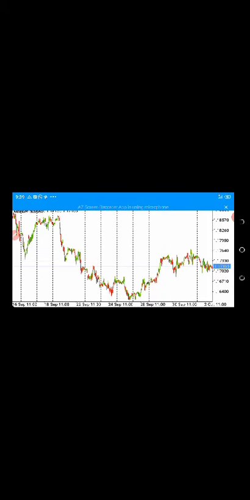What are the pullbacks? The pullbacks are this point, this point, this point. There are many points around this zone. Those are the breakout zones. Some people call it breakout zone, some people call it pullback. So once you observe the right time to place a trade, you have to look for these pullbacks when the trade is coming down. For example, if the time it was coming from this angle,